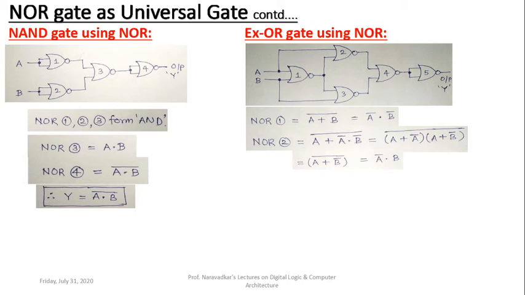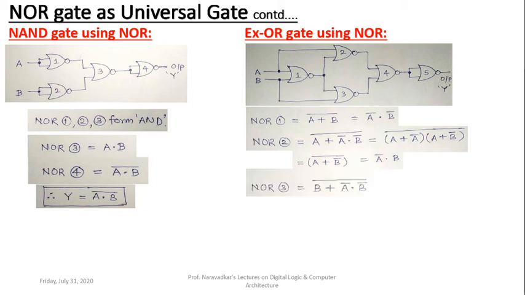And once we get this A plus B bar whole bar, we can apply De Morgan's theorem. Using De Morgan's theorem, A is my first term, B bar is the second term, connected by the OR operator, and then the whole complement. So here it becomes A bar dot B bar bar, which means B double bar, equal to B itself. That's why the ultimate output equation of NOR gate 2 will be A bar dot B, A bar B. So this is the equation for NOR gate number 2.